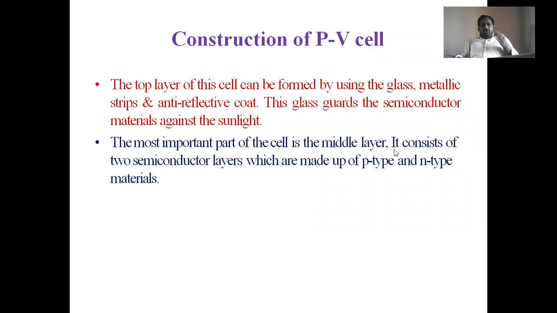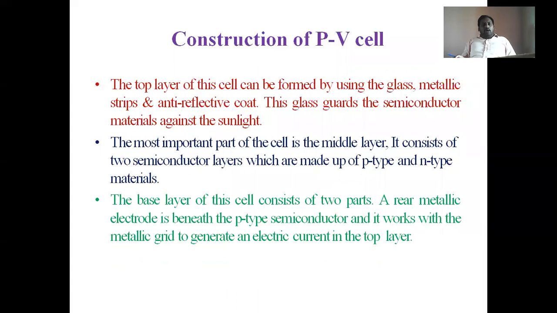So the next part, after the top layer, the next important part of the cell is the middle layer. What is the middle layer? The middle layer consists of 2 semiconductor layers. Those 2 semiconductor materials are a P-type semiconductor material and an N-type semiconductor material. You already know about the P-type and N-type semiconductors from EDC, electronic devices and circuits, or semiconductor